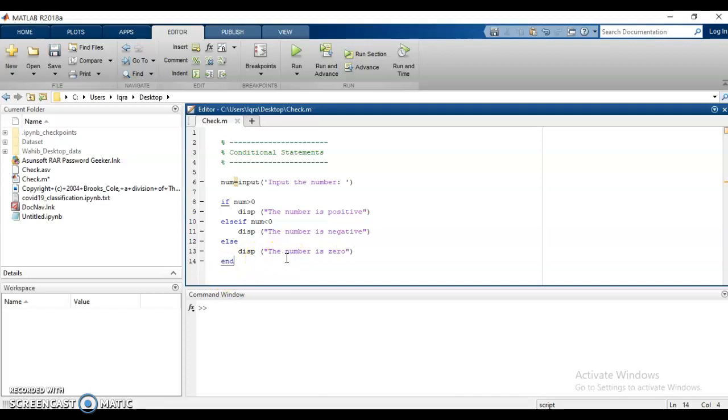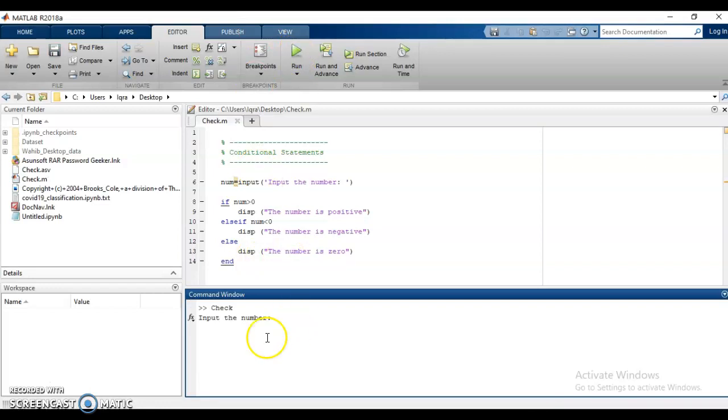So when we run it, as the check.m file starts to run, it prompts and asks the user to input the number. Let's say I enter a number -7. It tells me the number is -7 and the number is negative. Why is it displaying the num value?